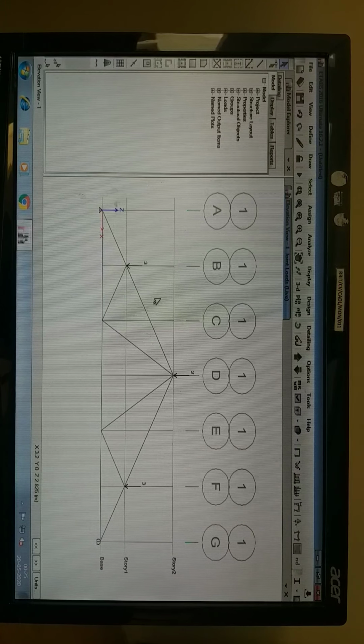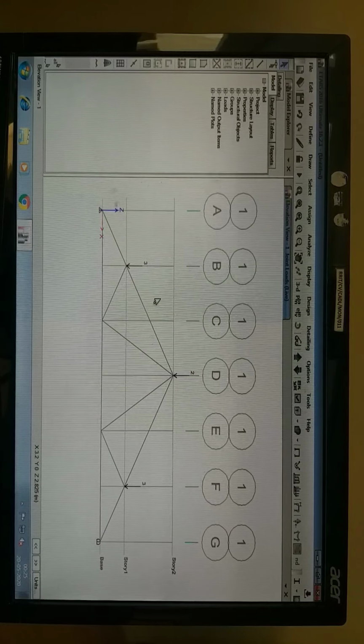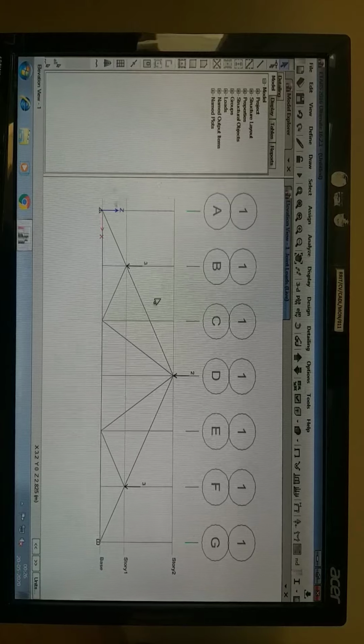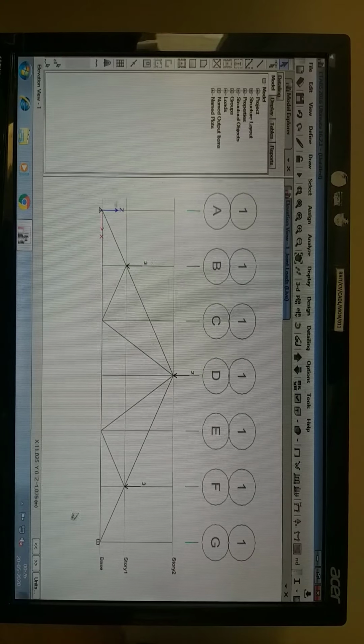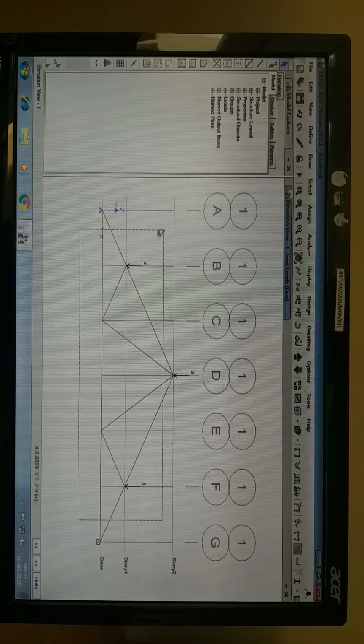we require to find the member forces. In the software, it doesn't know whether the members are going to be in tension or in compression, or whether it is a beam or a column, the software doesn't know. So for that we require to ignore the moment at joints. By ignoring the moment at joints, we are going to consider them as axial members. Axial members means it is going to be a truss. So select all the members.